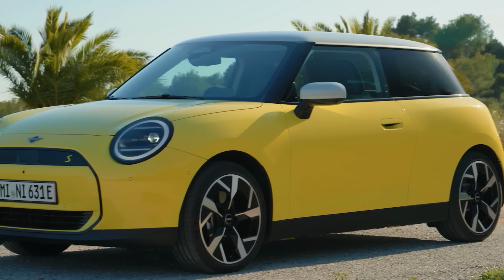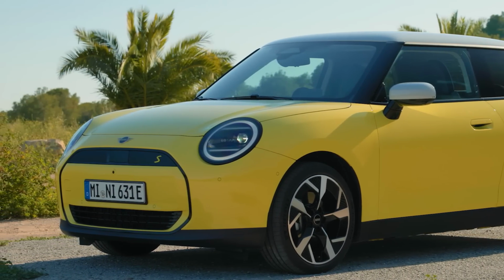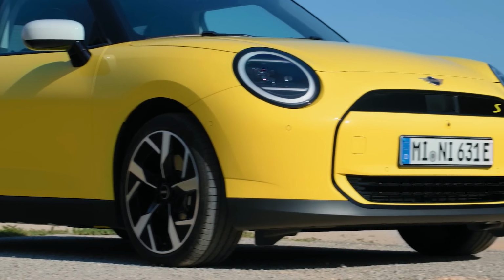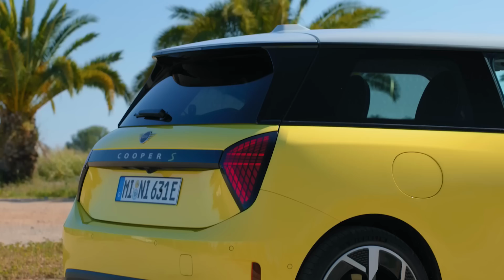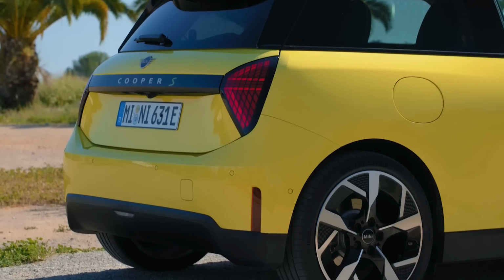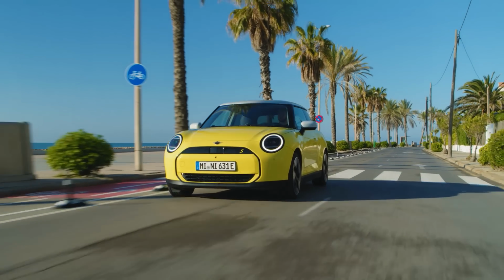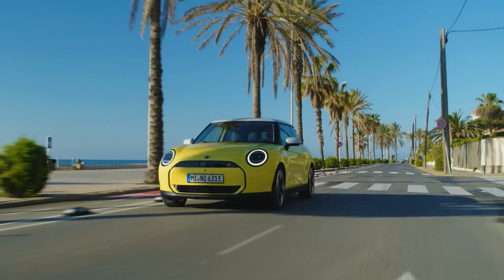On the outside, this is the cleanest Mini it has ever been since, of course, the original version, and I like it very much. Perhaps it doesn't really show in photos as much, but in the flesh, it looks absolutely beautiful. The simple lines, the big, great glowing eyes, and the smaller taillights at the back, everything works really, really well. Now, don't get me wrong, it has changed quite a fair bit from what we know a Mini as